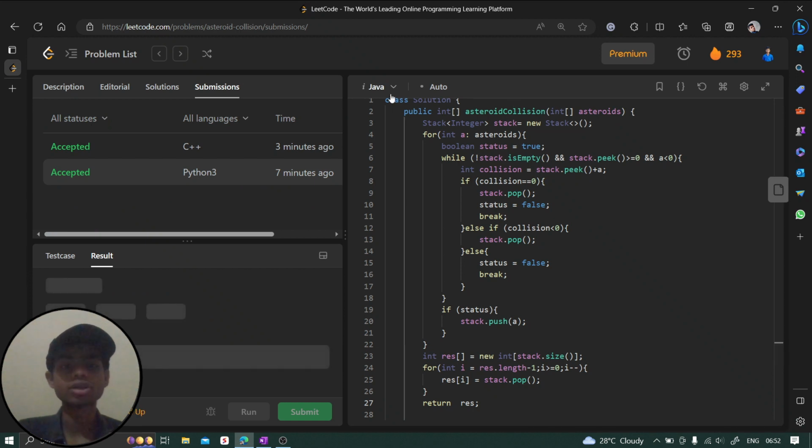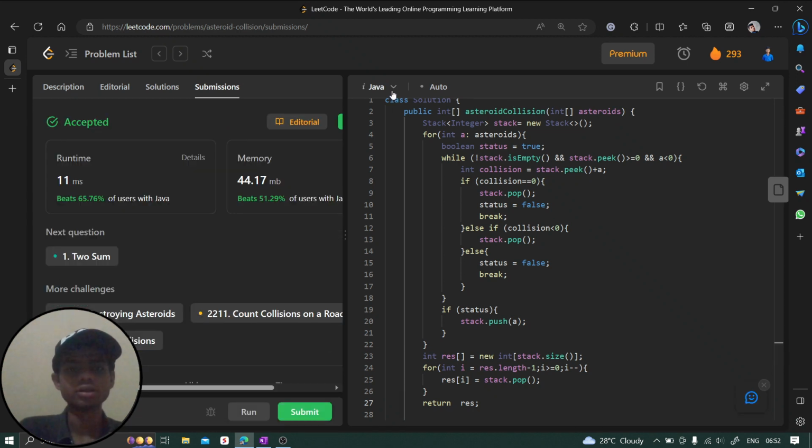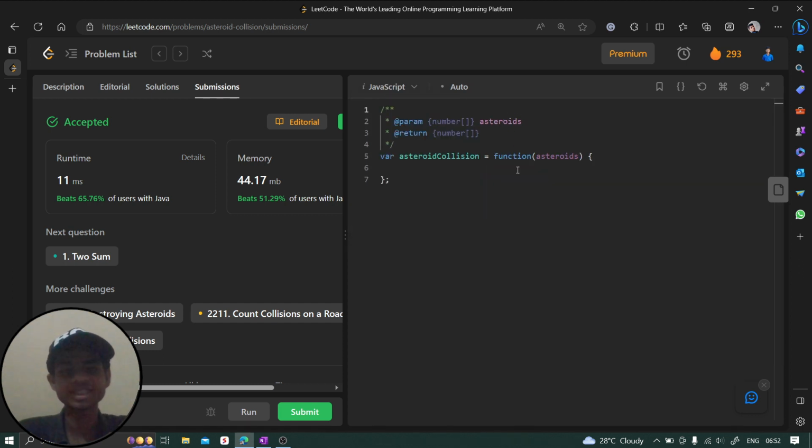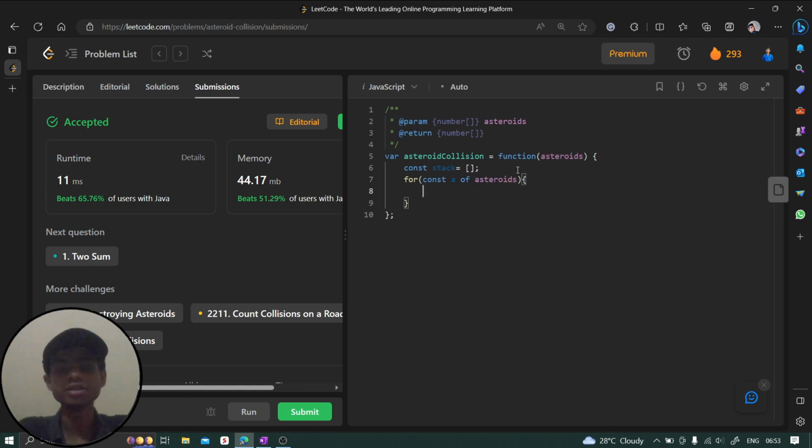Now let's move to the last programming language, which is nothing but JavaScript. So the code is submitted. Now let's move to JavaScript, and here first of all let's define our stack. So stack is nothing but let's create an array only. We are going to traverse this asteroids array with for const a of asteroids, and first of all, let's define a bool value. So we can say let status is equal to true, and while